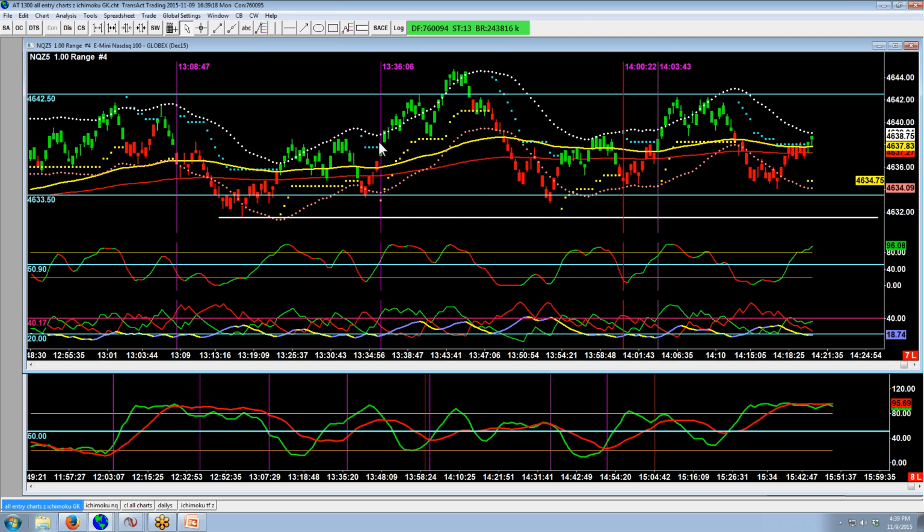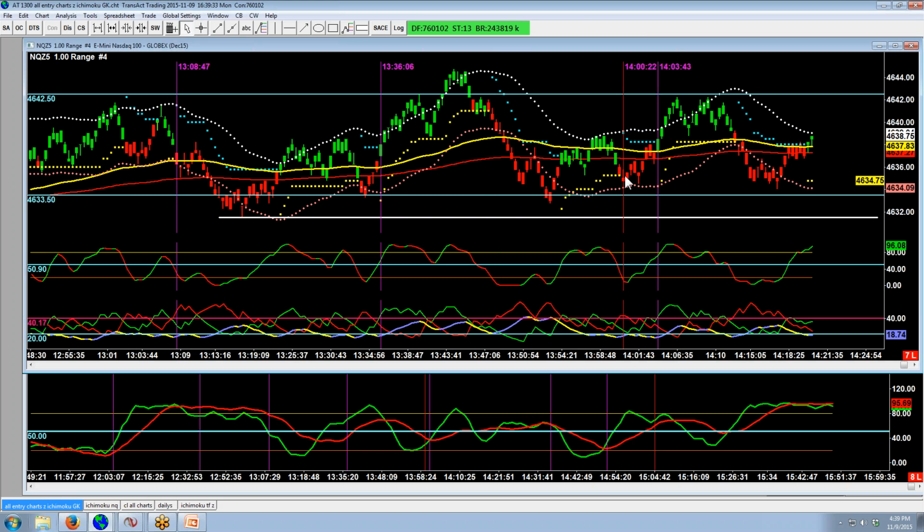136 here, we agree for the buy. Our green line's above our red line. This is where we are. We don't agree on the short here, and I'll show you where that's at. And we are still, it's right here, our green line's still above our red line, so that would be a